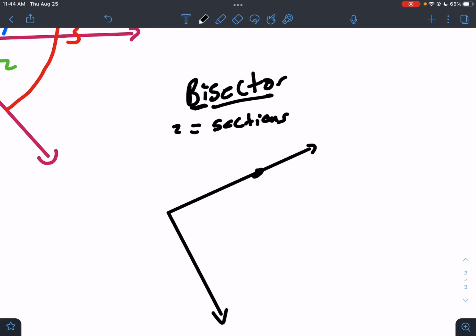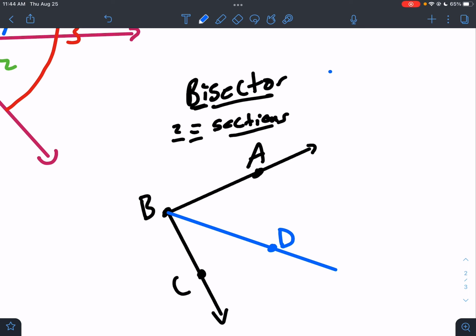And we'll name this angle A, B, and C. What would a bisector do? A bisector, what do you think it does? Two equal sections. So if I had a third ray, and we'll put a D here, and if I said ray BD is a bisector,